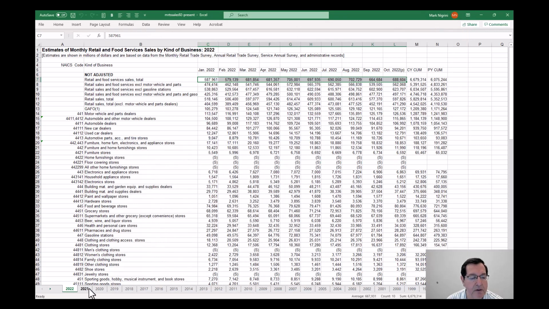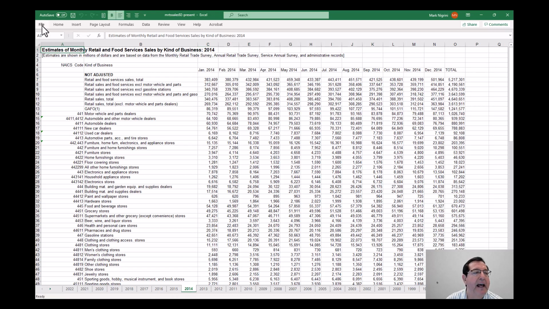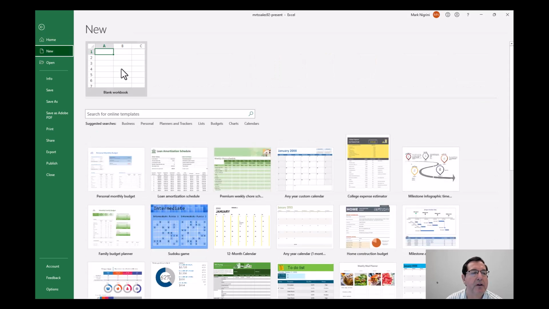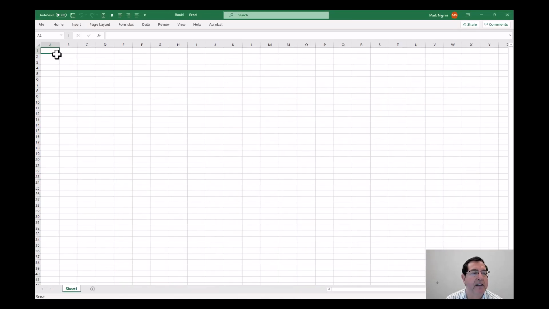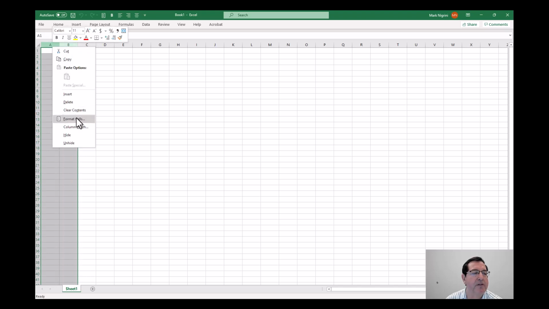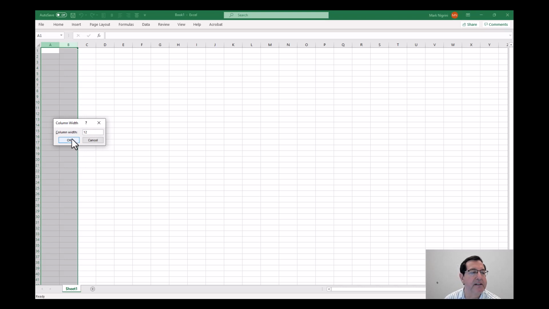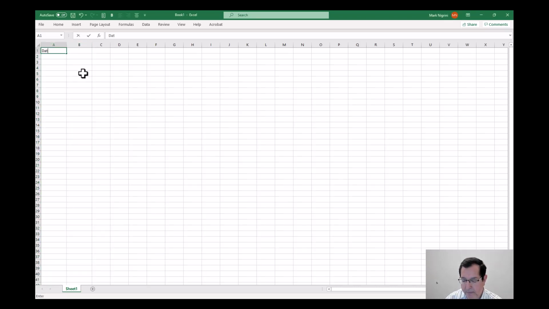In order to do that, we'll go across here, get the 2014 tab, and I will do File, New. There we go. And right over here, we can expand it a little bit. We can do column widths, and let's open it up a little bit. There we go. We'll have date, and we'll have retail sales. The date is the 72 months starting January 1st, 2014, and then we will do February 1st, 2014. And if I have that and I drag it down all the way to row 73,